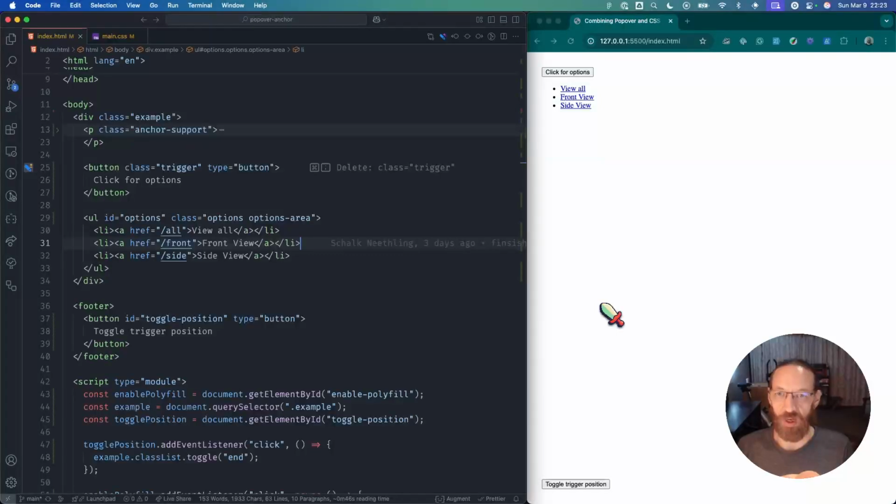So in this video, I want to show you some of the things you can do with Popover and then combining that with CSS anchor positioning. Now, before we get started, a note on anchor positioning. So right now, today, as of 9 March 2025, it's only supported in Chromium browsers. So think Chrome, Vivaldi, Arc,